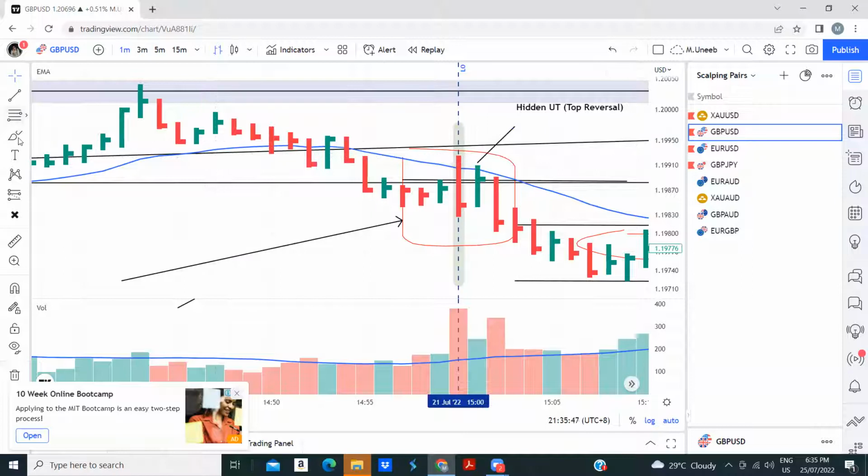And what is happening continuously before London Open? What do you notice here on a 1 minute time frame? Hidden effort versus no result. Effort versus no result. Hidden upthrust. Effort versus no result. Price went down. But we will not enter before London Open, as you know that.